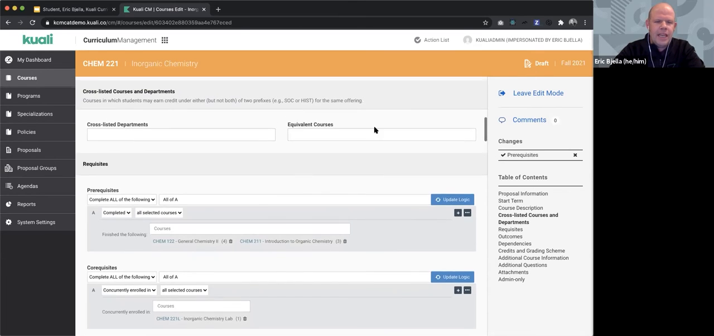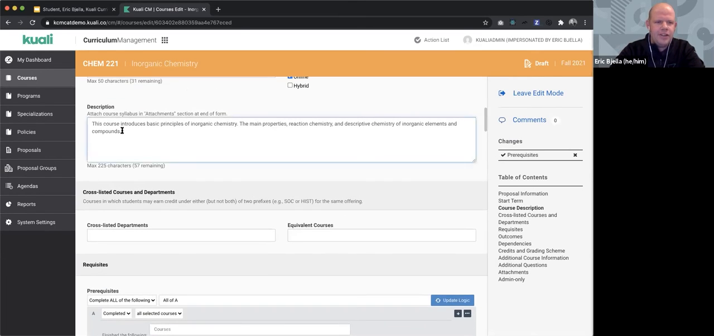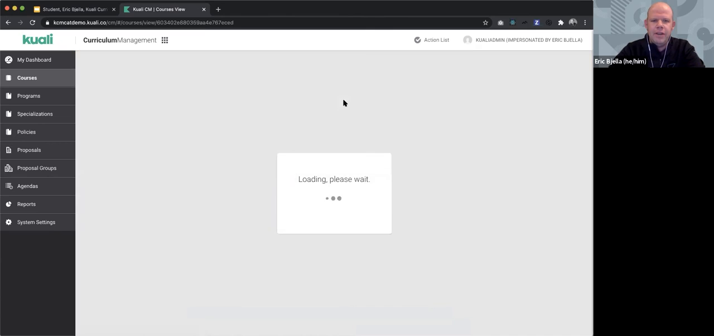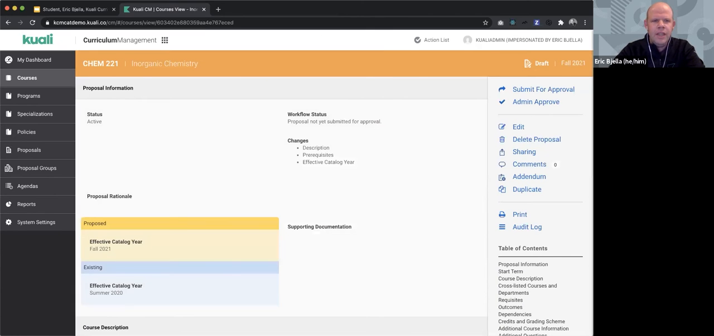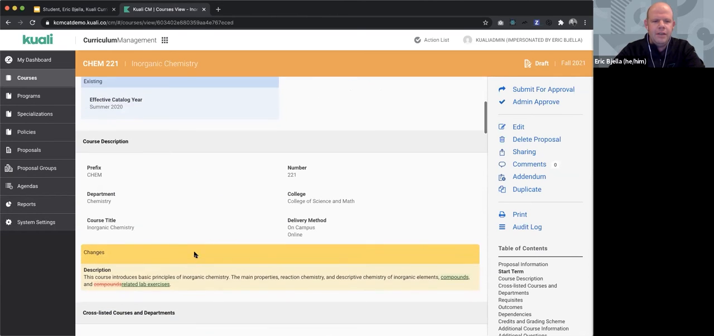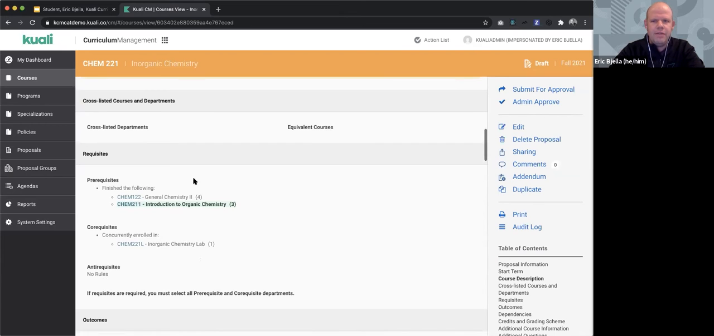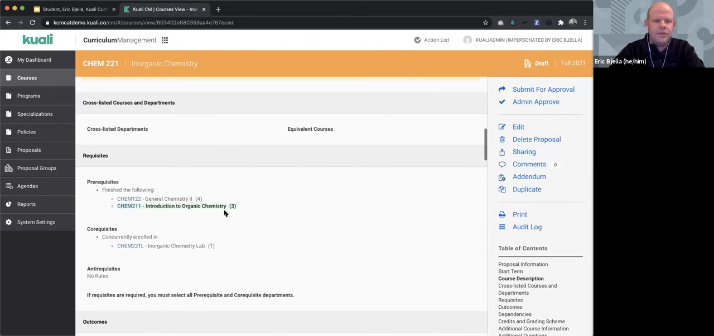So if I was making, I could make other changes. For example, let's see, I'm going to change this description here and say, and related lab exercises. And then I'm going to go ahead and leave edit mode. Now in my draft, you can see that all of the fields that have been changed, the effective catalog year, my description here, and then the prerequisites here have all changed, and we're highlighting those so it makes it easy